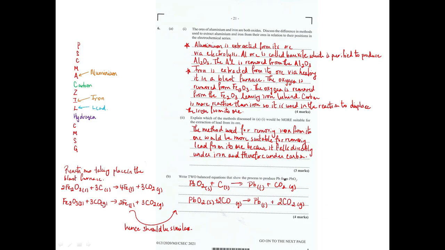Okay, so the 6th and final question. So congratulations, we are almost done. The question is, the ores of aluminum and iron are both oxides. Ores meaning they're like rocks in the soil. Discuss the difference in methods used to extract aluminum and iron from their ores in relation to their positions in the electrochemical series. So I went ahead